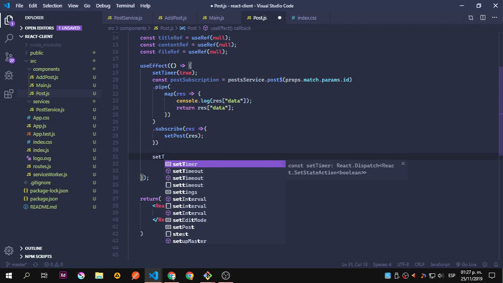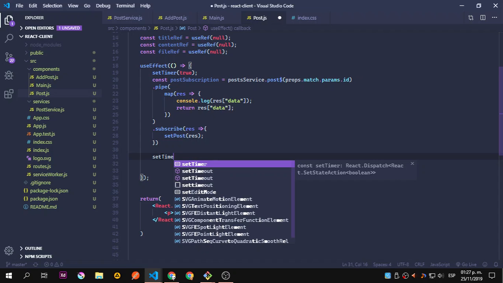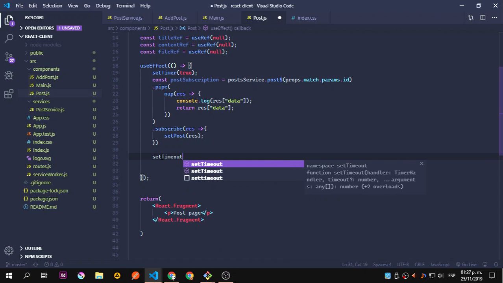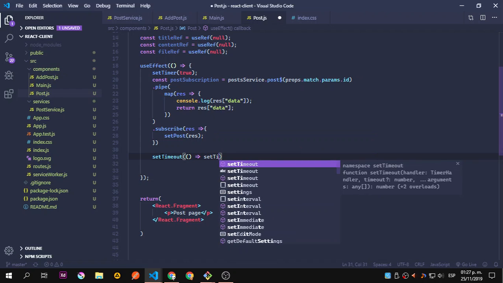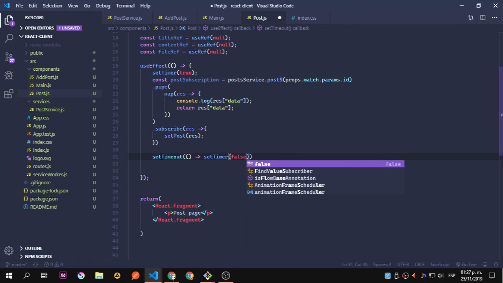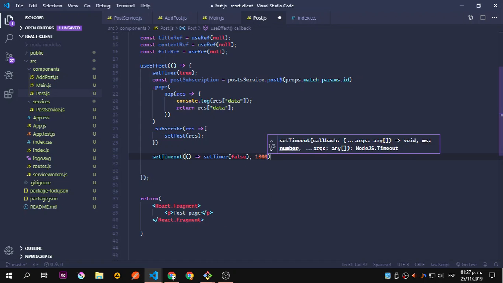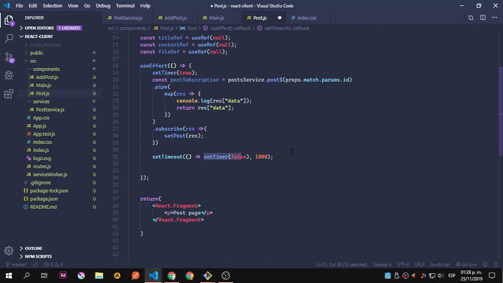Now we need to say setTimeout. Set timer to false, and take a second after that. Okay, or in 1 second set timer to false, because timer is going to be what displays, you will see. I can't actually remember what that is doing. There's a ton of code here, but the timer,